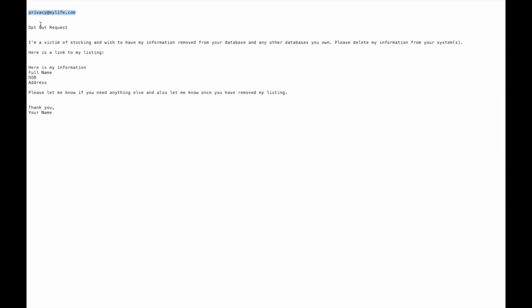Here is a transcript of an email that I would suggest you use. Subject is opt-out request. Then write out a sentence that says, you're a victim of stalking and you wish to have your information removed from your database, and this is important, and any other databases you own, because they may own multiple public record databases.